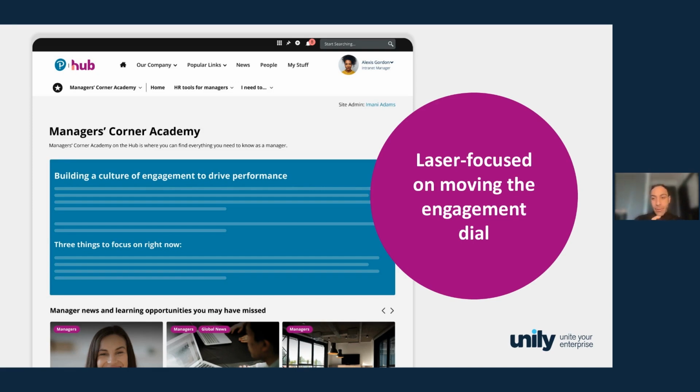The second example is looking at the actual engagement score. 70% of your employee engagement score is attributable to the manager. So if you want to genuinely improve your employee engagement score, the best path to do that is through the manager and the team experience and supporting the manager on delivering a better team experience. So they created a manager's corner or manager's academy. On this, you can basically see